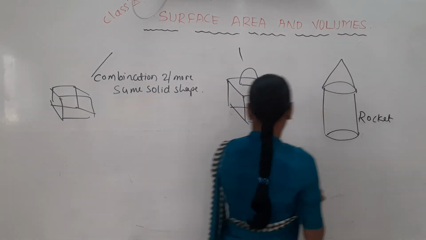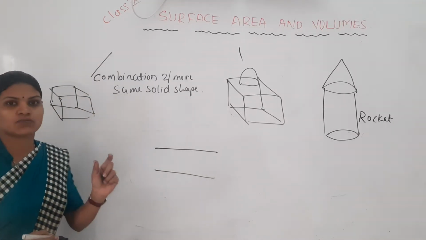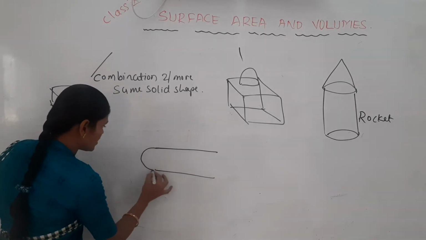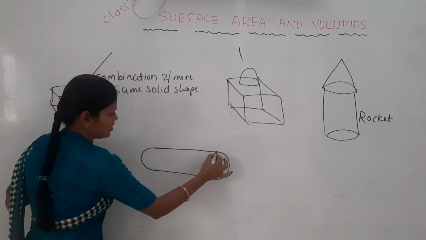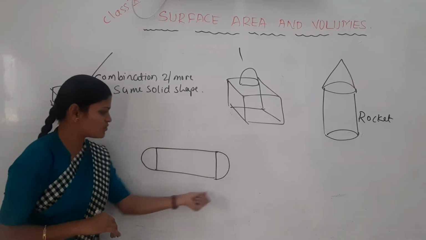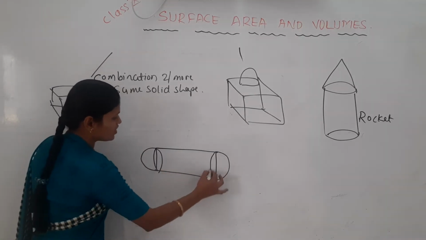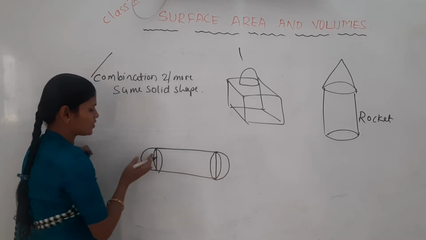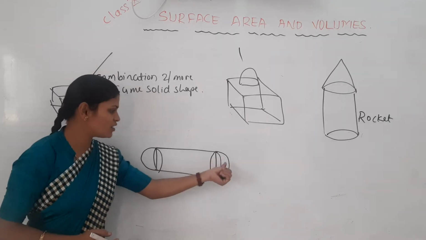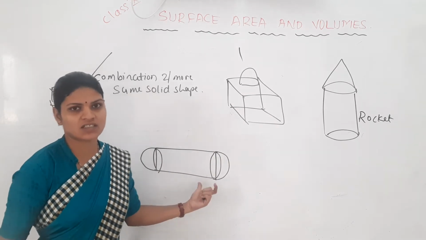Next, one more type. Like you have seen the capsule. What tablets and capsules you have seen? How was it? Like this, both this side it is round, means two hemispheres are mounted here. Then how to find the surface area of these type of shapes? First we have one cylinder here, including this cylinder, two hemispheres are there. If you find the surface area of the cylinder and two hemispheres, you will get the total surface area of these type of shapes.